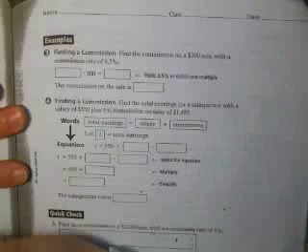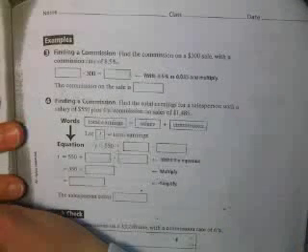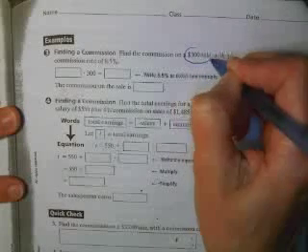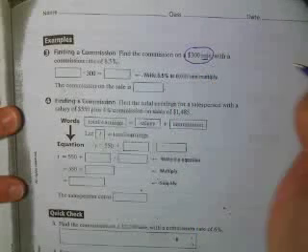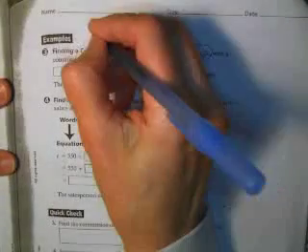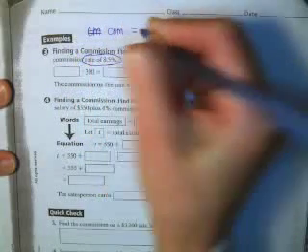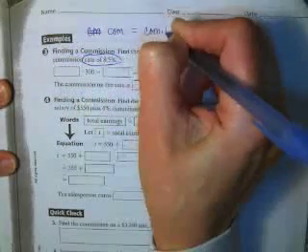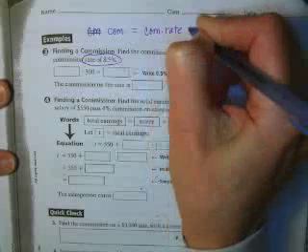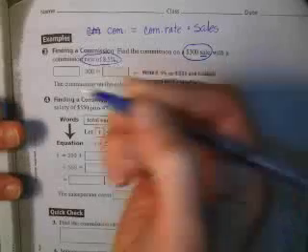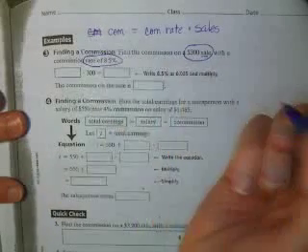Okay, finding a commission. Find the commission on a $300 sale with a commission rate of 8.5%. So my sales are $300. The rate of commission is 8.5%. So remember, the commission is equal to the commission rate times sales. Okay, so that's going to be